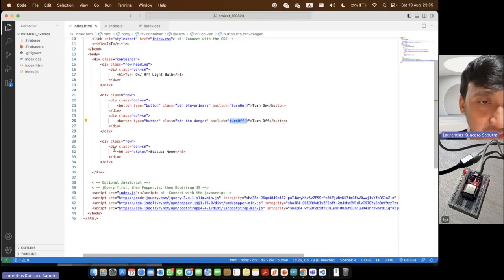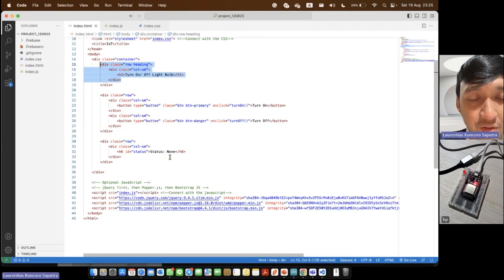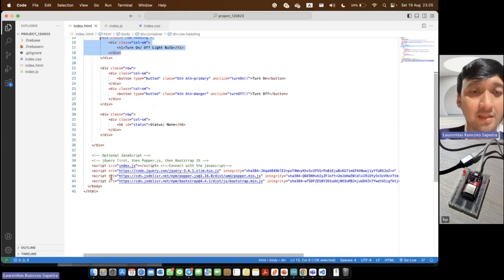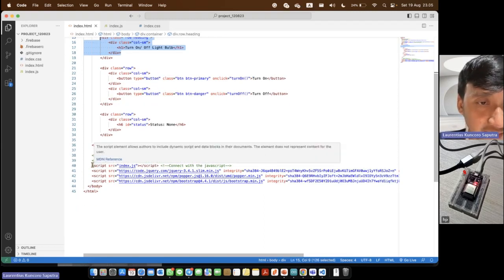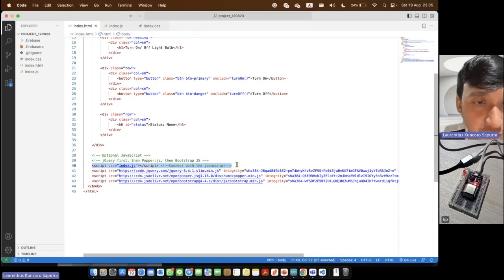And in the last row, we can add one column, same as the first row here, with the information being the status for the lab. After that, don't forget to also add this script here, because this HTML should link to index JavaScript.